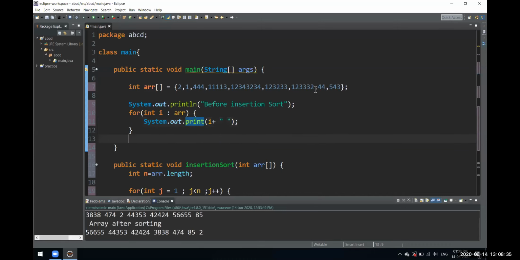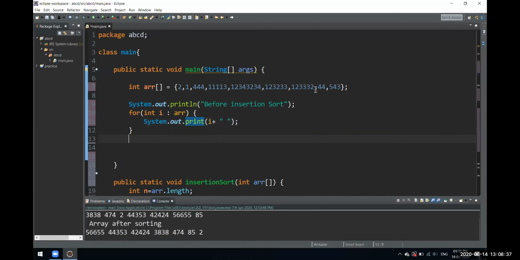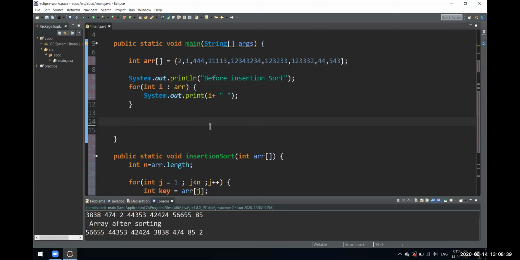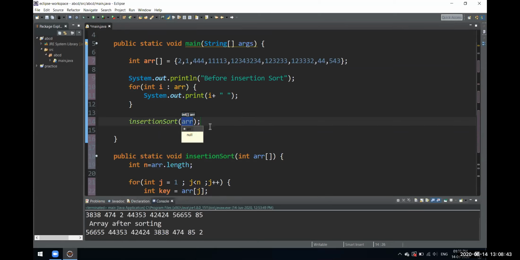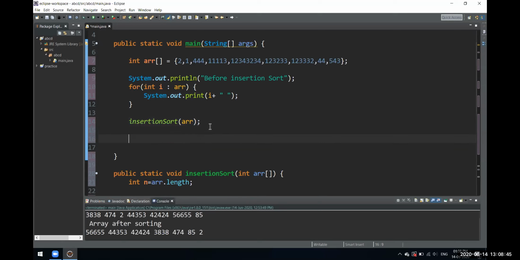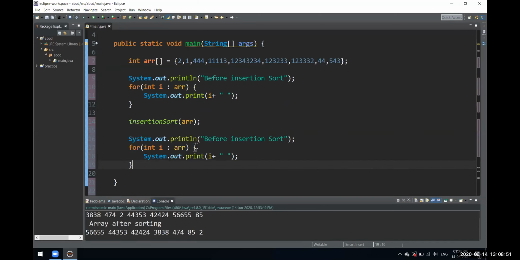Now we'll call our insertion sort function and pass our arr array. After this our array would get sorted, and we'll do the same thing, writing here after insertion sort what we are getting. The logic would be the same, we're just printing that array after the sorting operation.